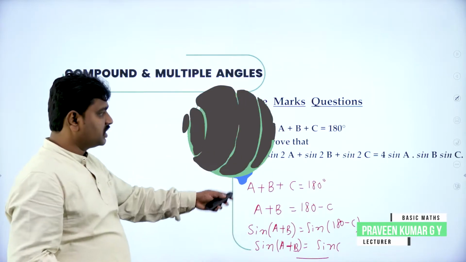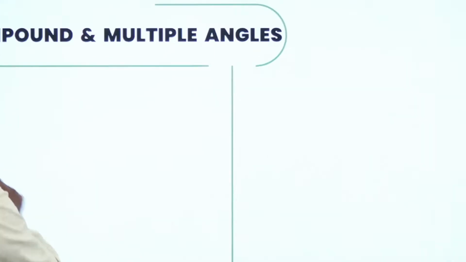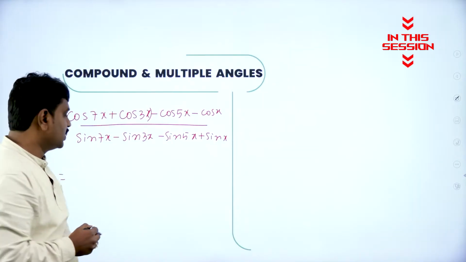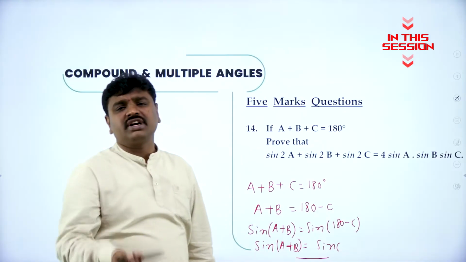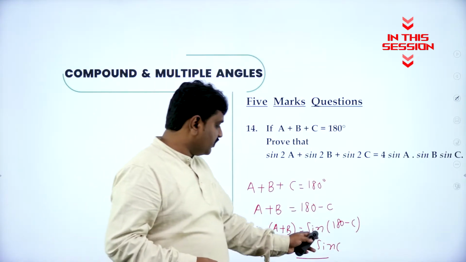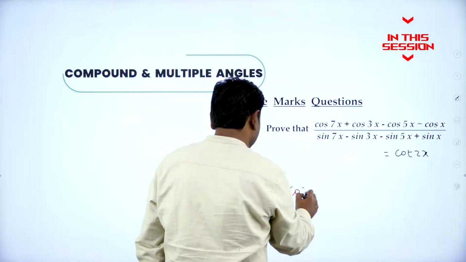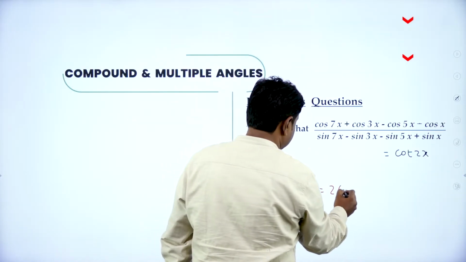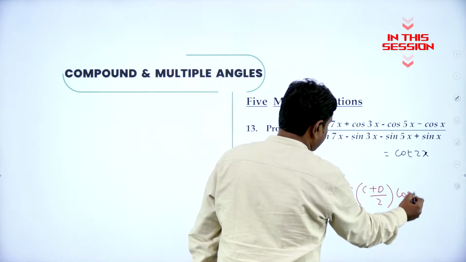This we can use as an intermediate from the given. Now we'll take LHS and we'll arrive at RHS. What is cos C plus cos D? Cos C plus cos D is 2 cos (C plus D)/2. What is sin of 180 minus theta? Sin theta. So sin of (A plus B) is sin C. Instead of sin of (A plus B), I am writing sin C. What is cos C plus cos D? 2 cos (C plus D)/2 into cos (C minus D)/2.